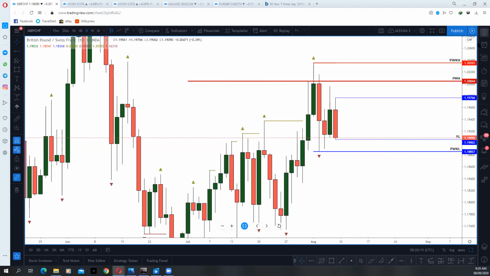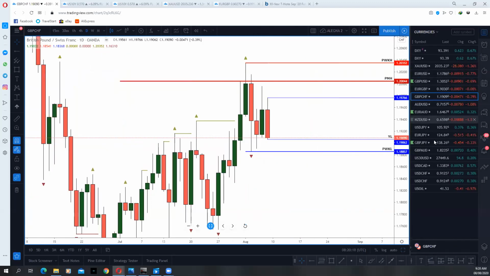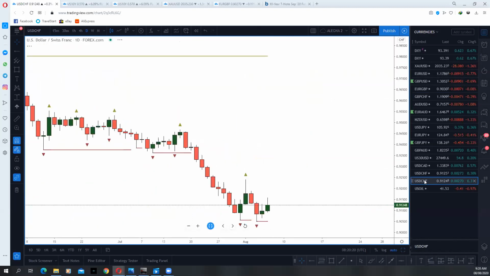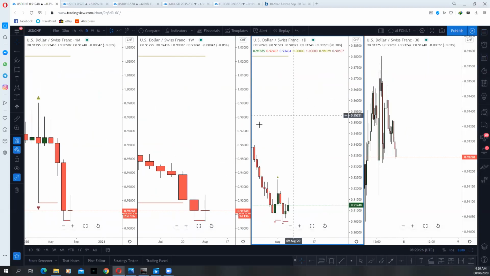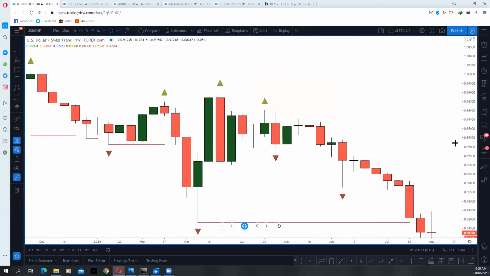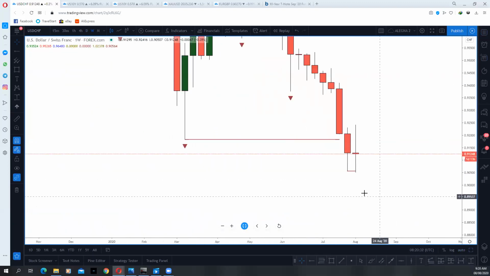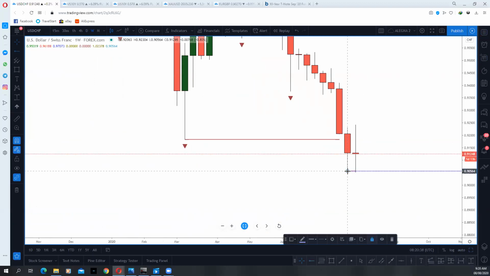Now let me show you something. Something I also noticed, yes, USD, I almost forgot. A friend in a group, this is Euro USD, this is a USD. Let me show you. This is last week's candle. This is last week's prior low. You see, there's a lot of experience.